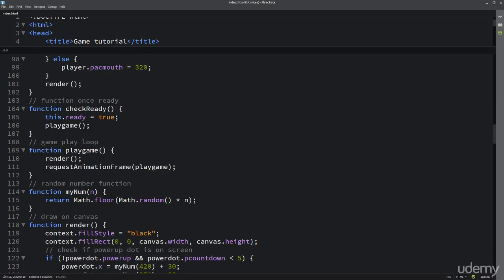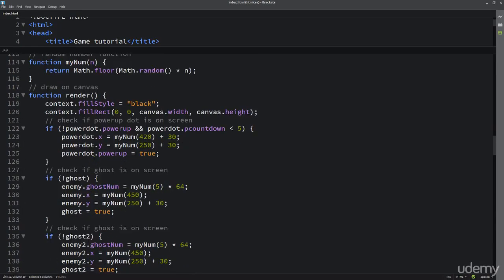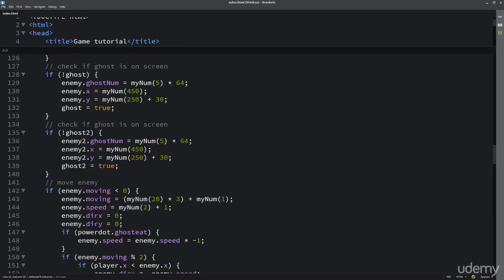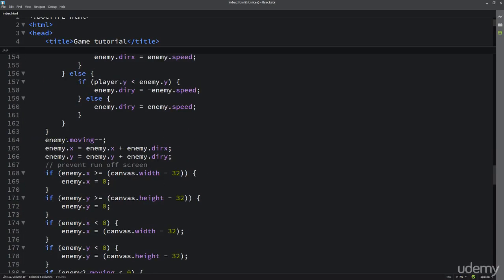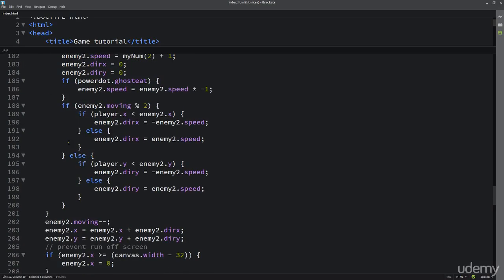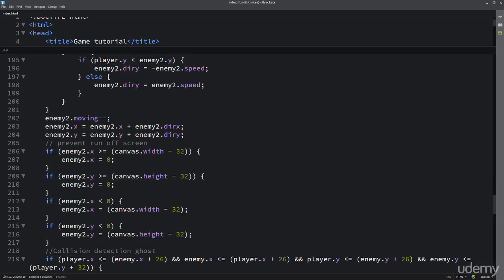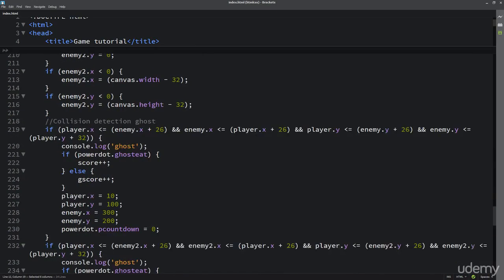useful functionality here, and different ways to break apart and set up games, looping of games, and animation of games, and then rendering out animations onto the canvas, doing collision detection, adding in different objects on the screen, and then moving around those objects on the screen, also preventing them from running off the screen for movement, and then of course collision detection,